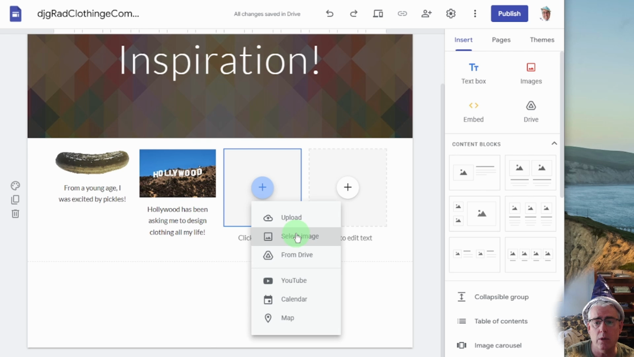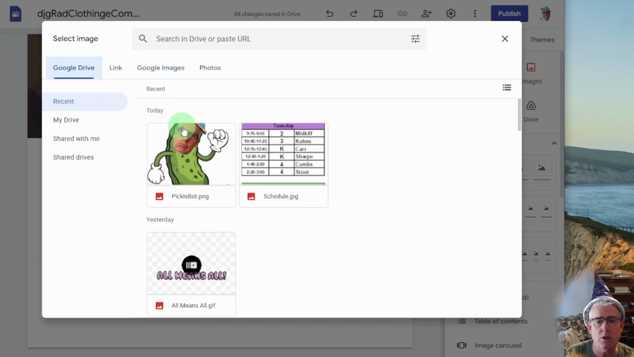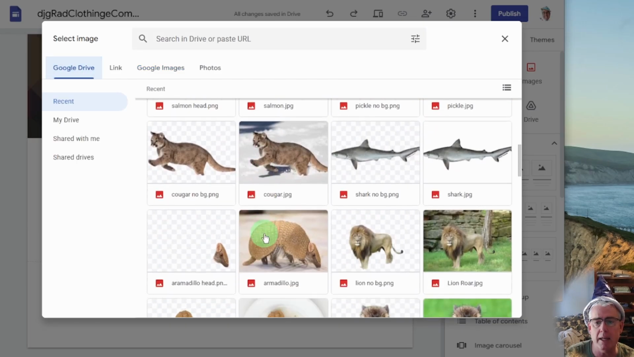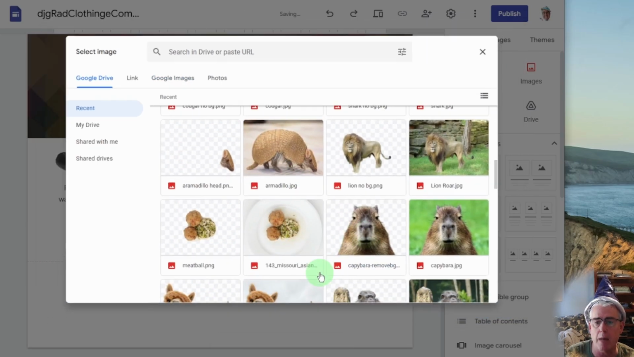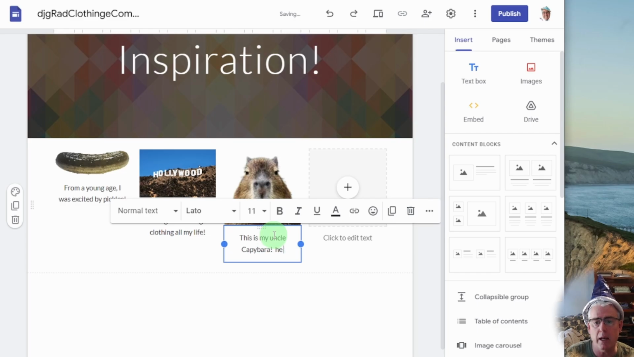So I'm just going to go and put in some other things. Select image. Search Google Images. Oh, let's go to Google Drive, and you can probably find some of my pictures. Here's some of the pictures I found before. Oh, capybara. There we go. This is my uncle Capybara. Capybara. He inspired